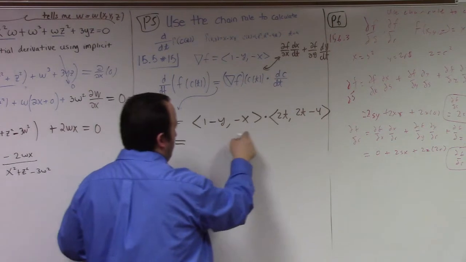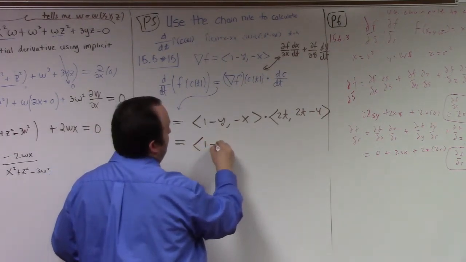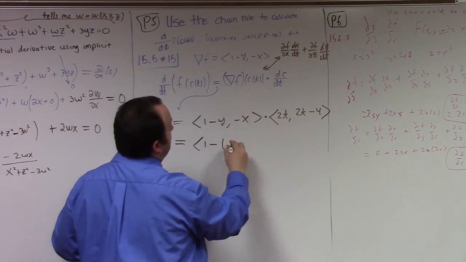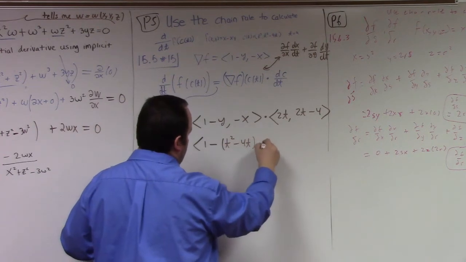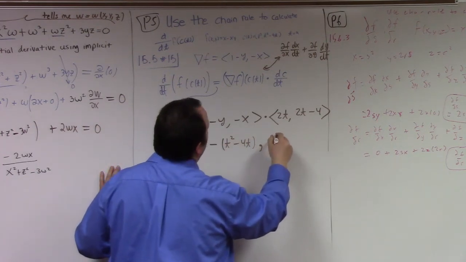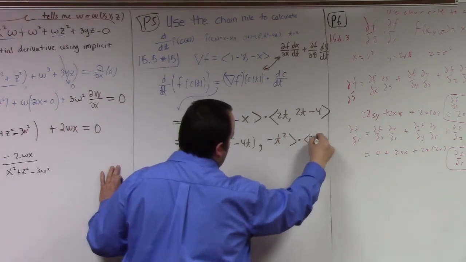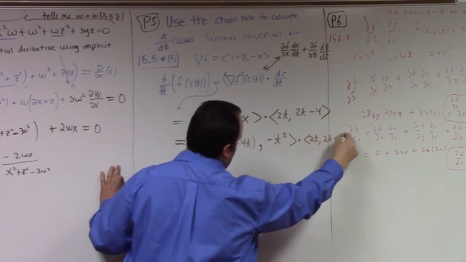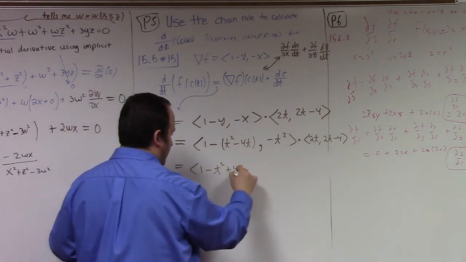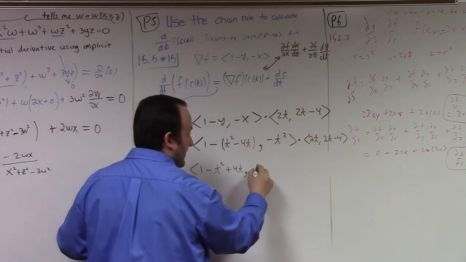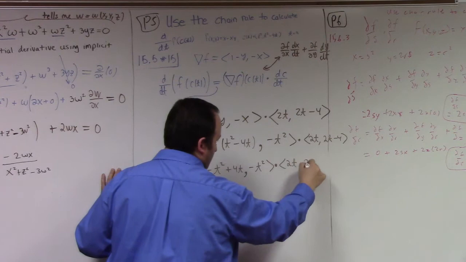But this, of course, is with the understanding that that should be what? 1 minus y. What is y equal to? t squared minus 4t. Parentheses are our friend, right? Minus x, which is minus t squared. Still got to take the dot product with the 2t and the 2t minus 4. So we got 1 minus t squared plus 4t. You got your wish. Minus t squared dotted with 2t minus 4,